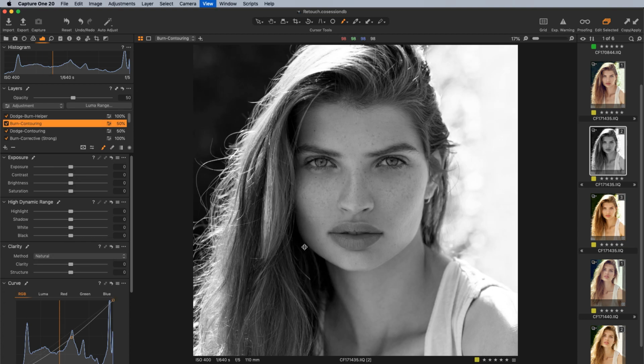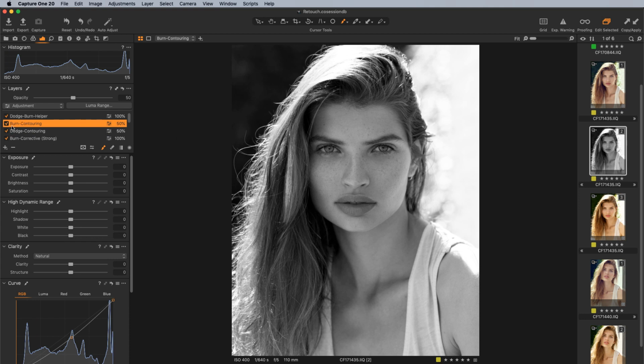Okay, and then let's go ahead and zoom out entirely. So there is our burning, there is our dodging, and you can decide if you want more or less now. So if we want to increase that, for example, if we go into our dodge contouring and we increase it, you can kind of see as we go up what happens with that. And I think this is too much. So I think we had it right at about 50%,